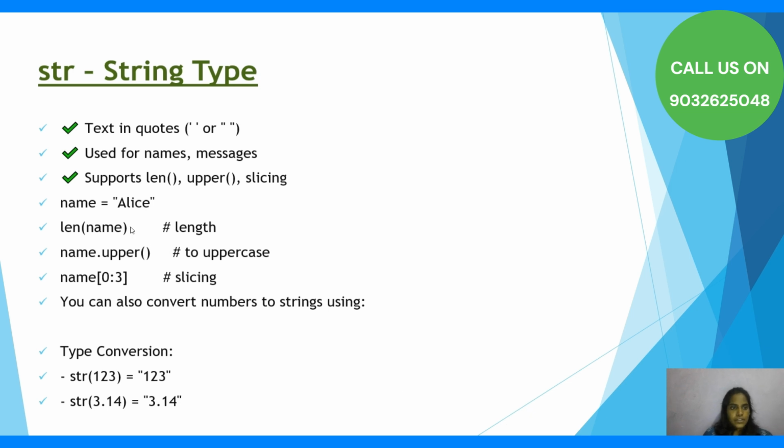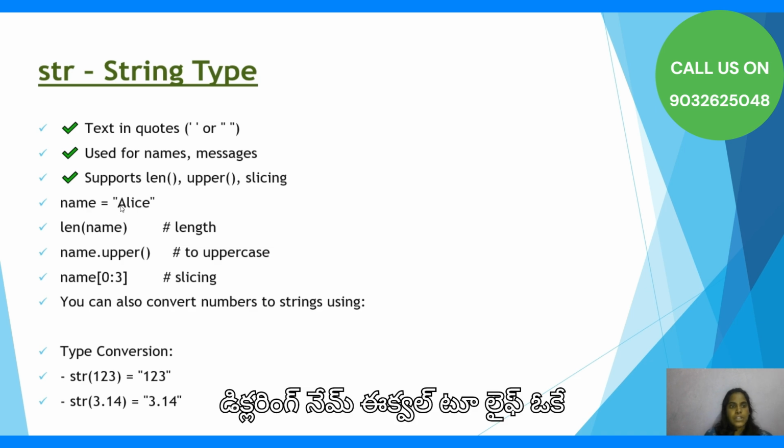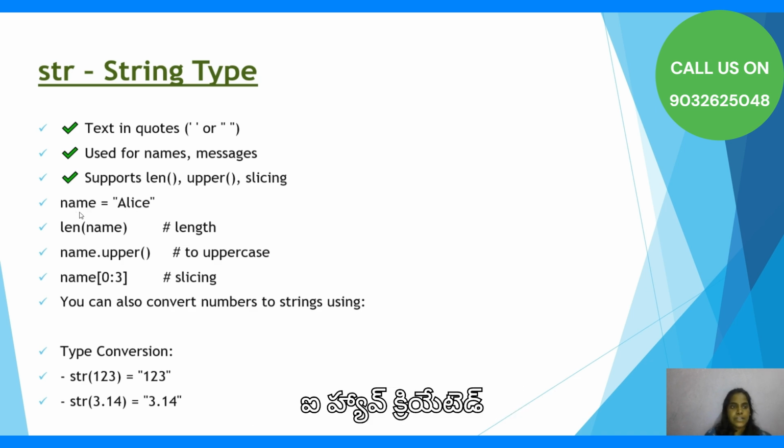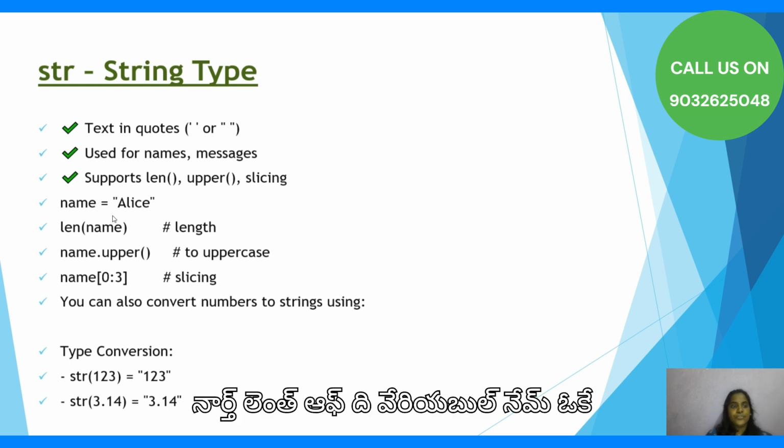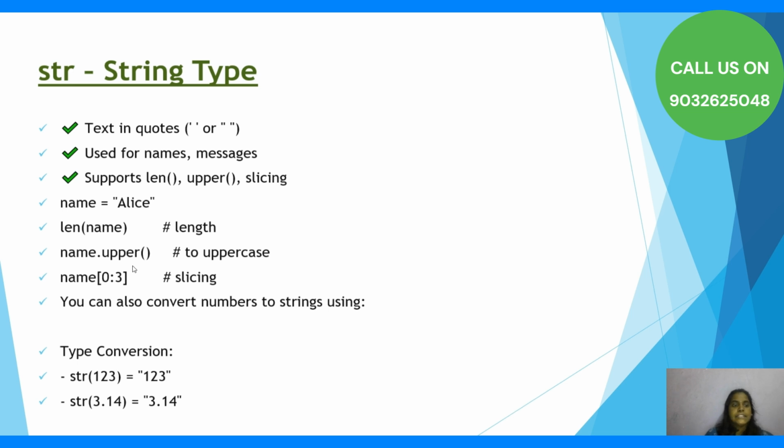So how do we use these functions? Here I'm declaring name equal to alias. I have created name and assigned alias to it, and then len of name. This len function is used to know the length of the variable name. And name.upper is used to show the name in uppercase letters. And name within the brackets 0 to 3